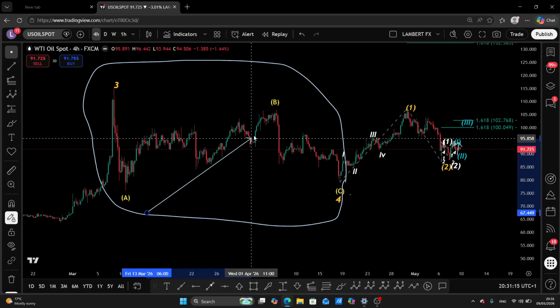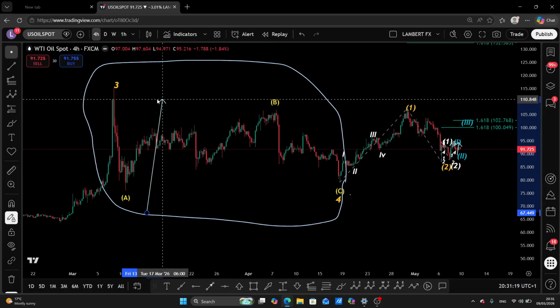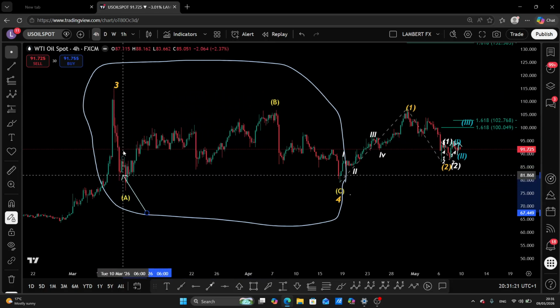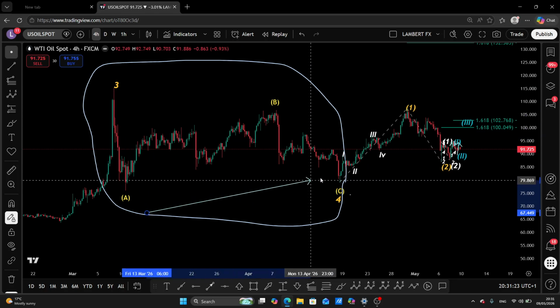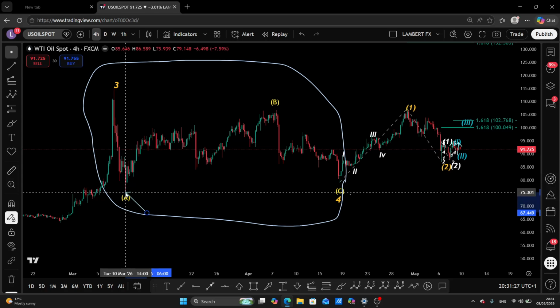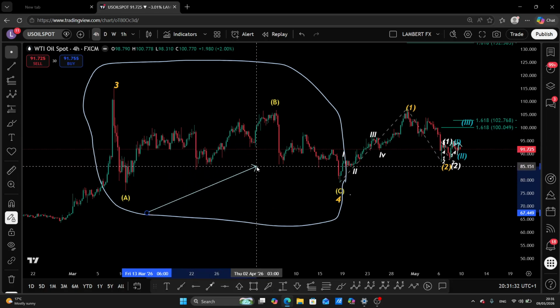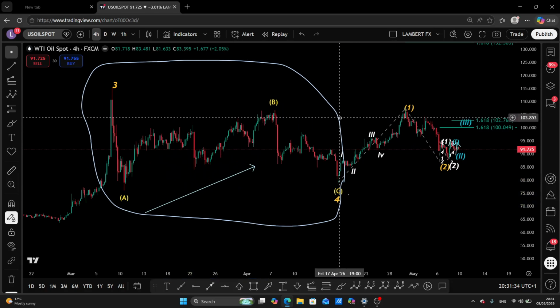Yeah. So the rules for a regular flat is that your B should not go above the origin of A, which is this high, and your C should close below the A. Yeah, which we got here. So this is a regular flat. All right. So like I said,